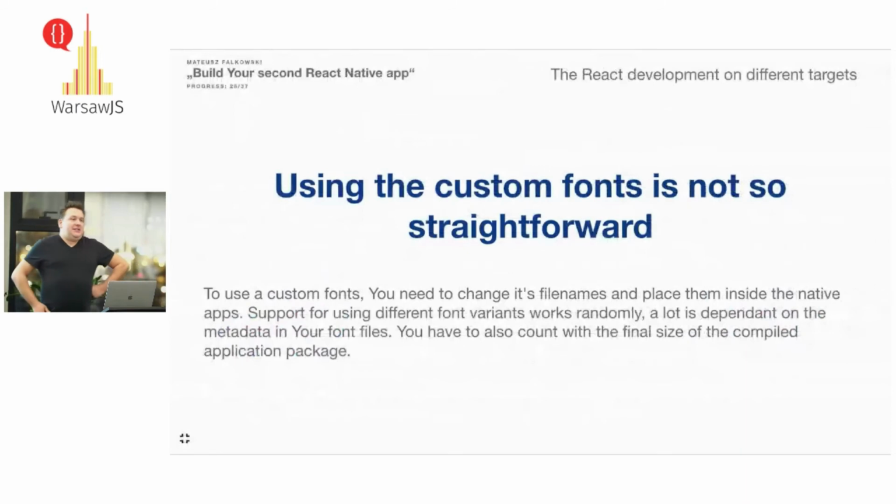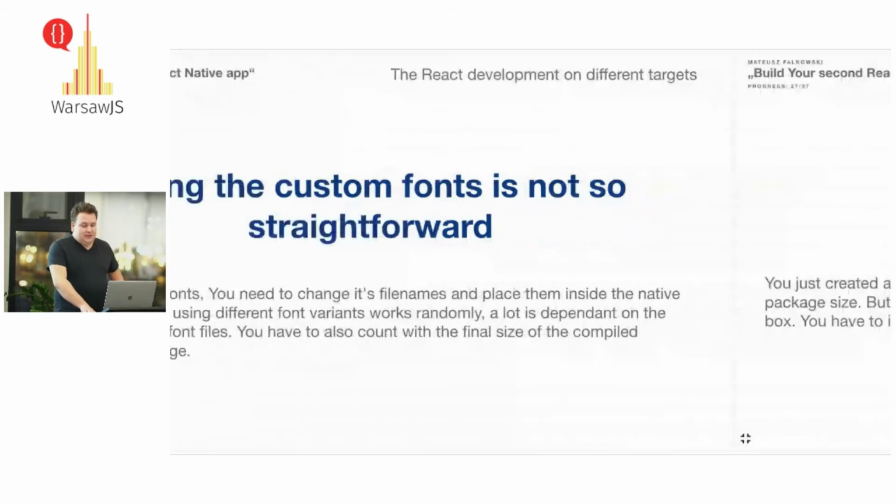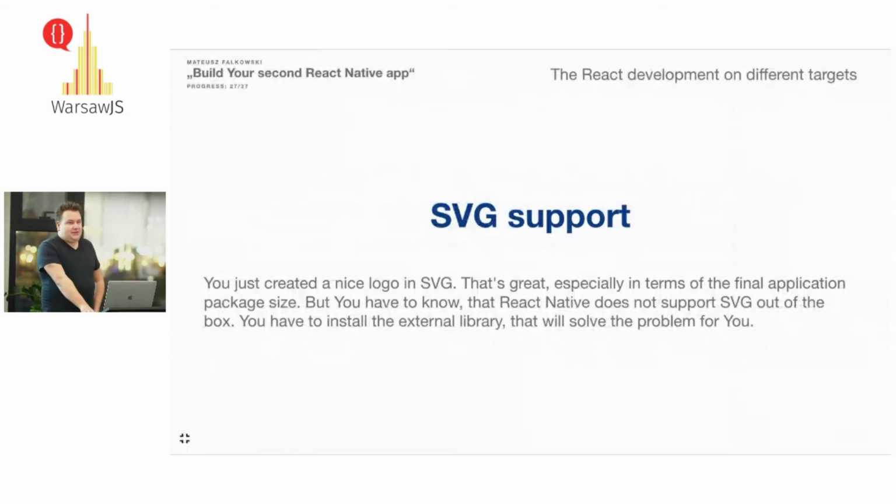Yeah, what is really easy in web applications, in React Native is not so easy. It's using, for example, custom fonts. It's not just a drop-in solution like with Google Fonts, where you throw in some embed script and you have it. You have to place them in the native application first and also take care of the naming and the metadata inside. So it's an issue that you will meet. Of course, there are a lot of guides on the internet on how to tackle that. But it's not working out of the box, as well as SVG support. You have to install some library to tackle that.